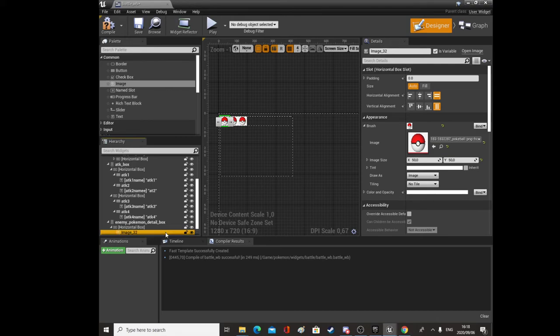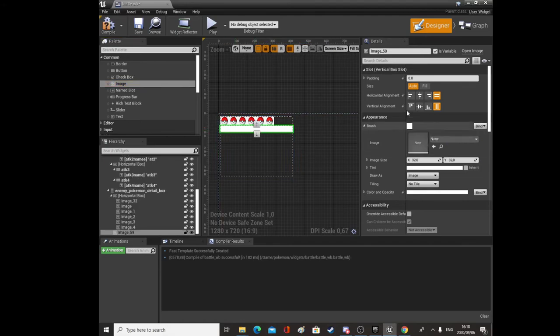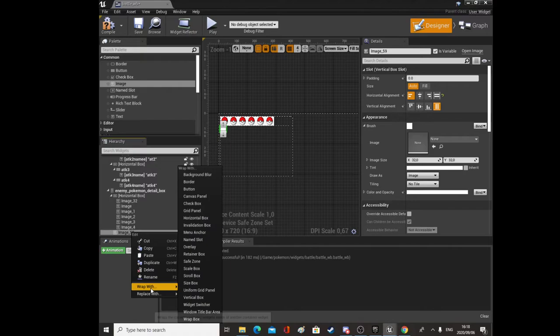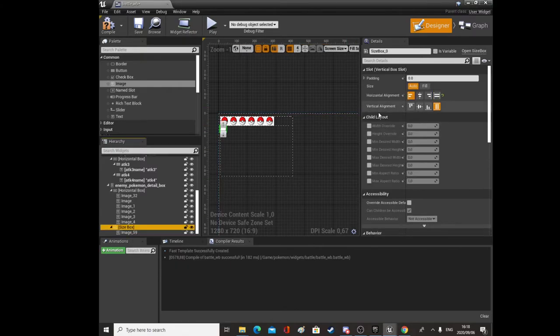So 1, 2, 3, 4, 5, 6. So he's got 6 Pokemon, or none. We'll see. They will display accordingly. And then we'll have his main Pokemon that's out. So we'll have another image for that. And we'll justify it to the left. Let's wrap it in a size box. And the size box will have an override width and height,